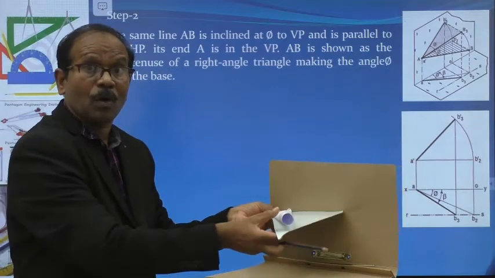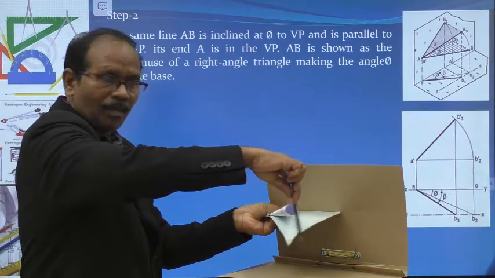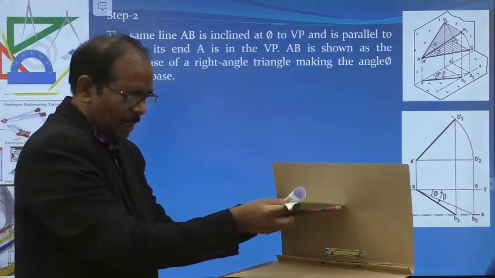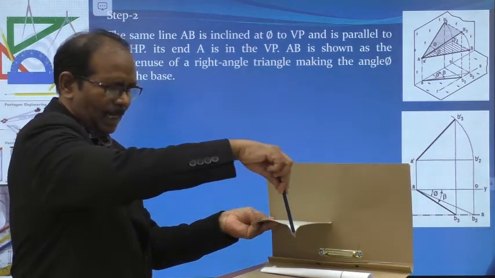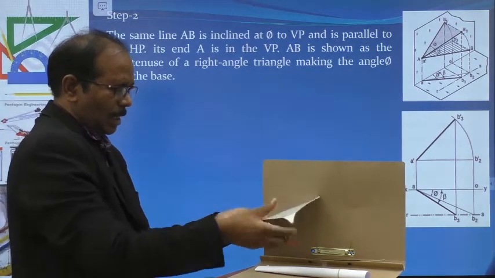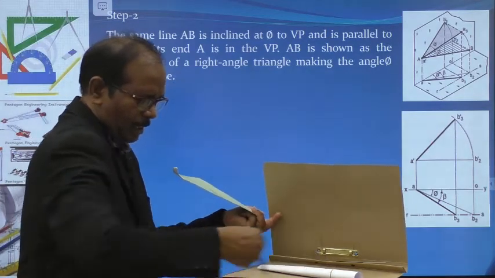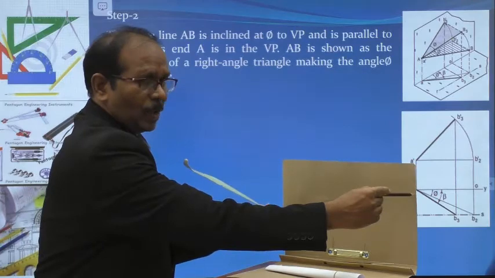In this case, one more locus line will come. This height is fixed, so draw one more locus line. Let's observe this one. This length is fixed, so while moving, here also it is fixed. While rotating from here to here, it rotates in this direction. This is the one more locus line.